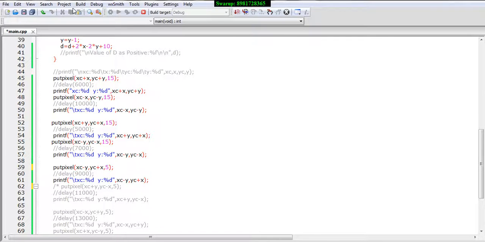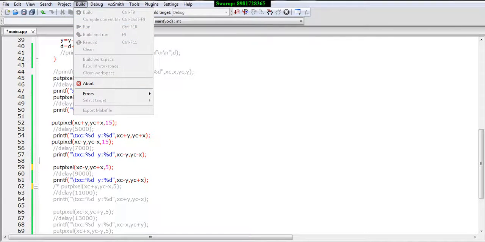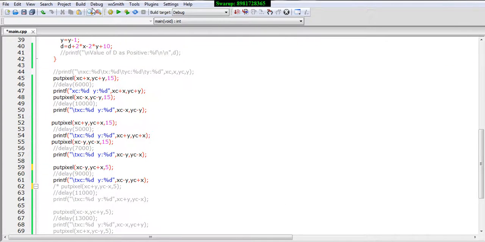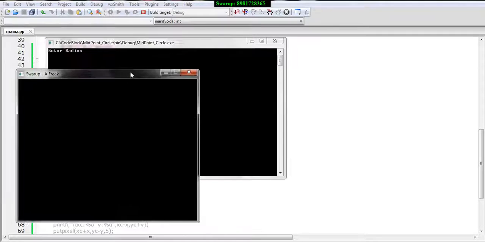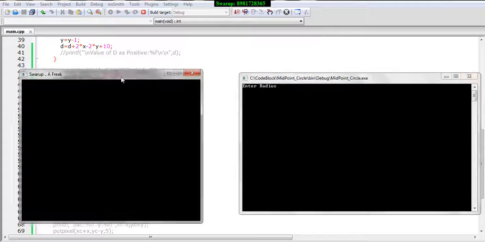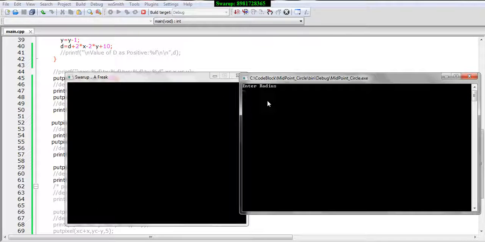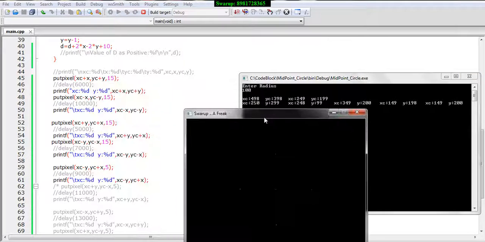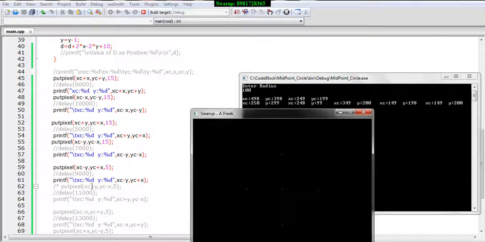So let me run the thing once more, so that it becomes clear for you. And since this is close to the octant which has already been generated, I will be using a different color over there. Now see, this is the color I was referring to. If you see over here, xc is 249 and the value of y is 100.